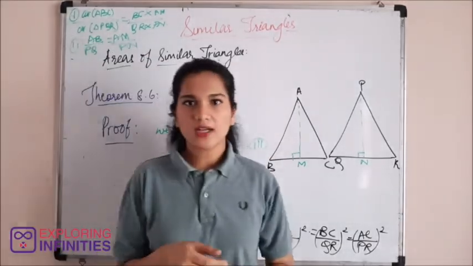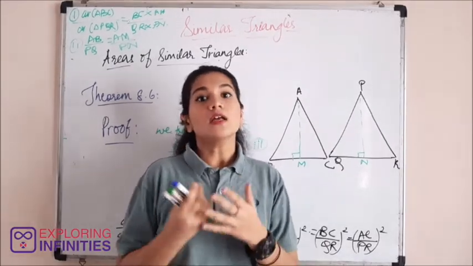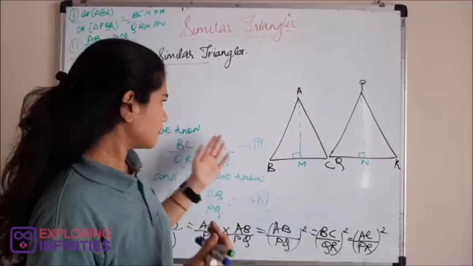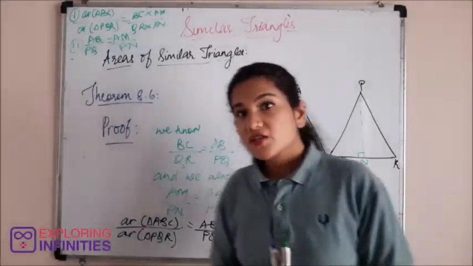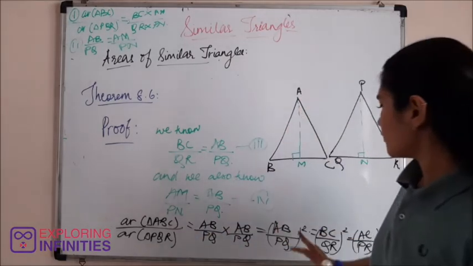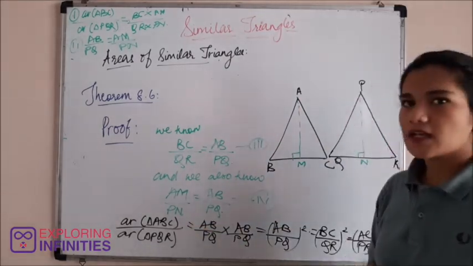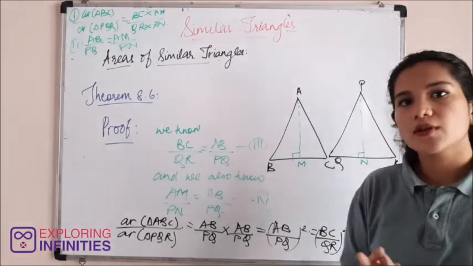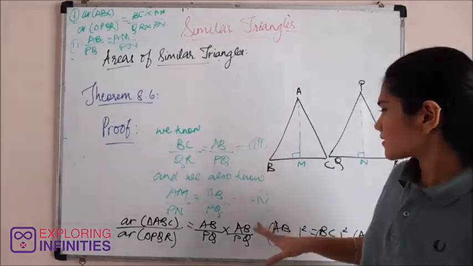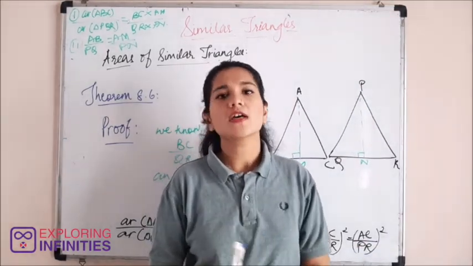So with that, we are done with this very lecture. I hope that you are clear with all the concepts that you are learning. Now, in this theorem, the application would be what? We could apply this theorem. So you might be given one of the sides and you might be given the areas and you have to find another side. How would you find it? You could find it in this way by substituting. So you can get ample of application based questions.